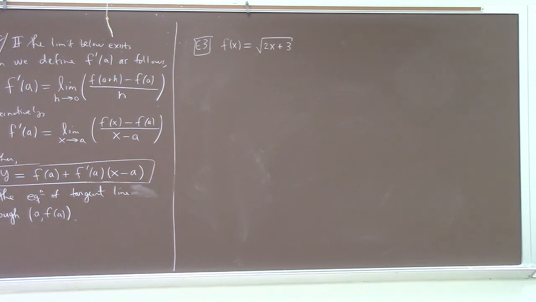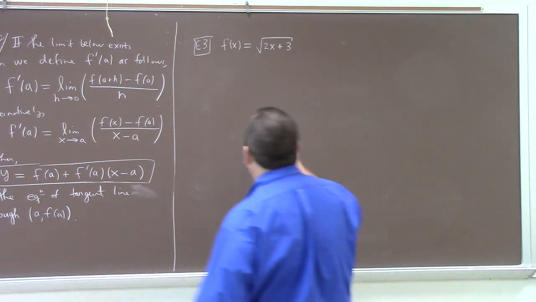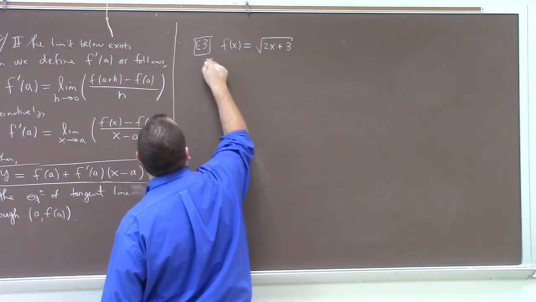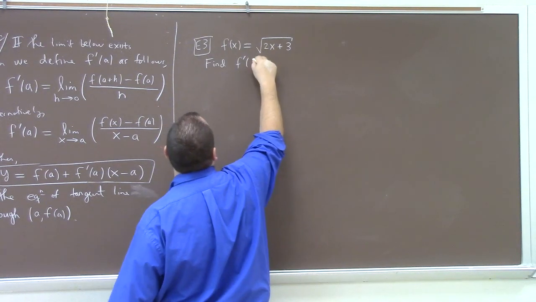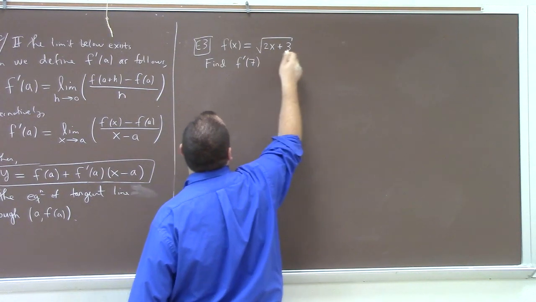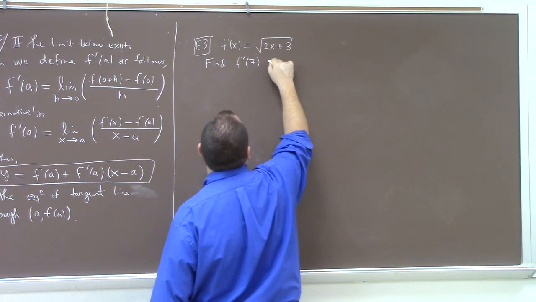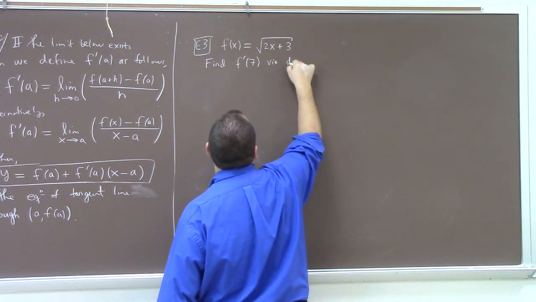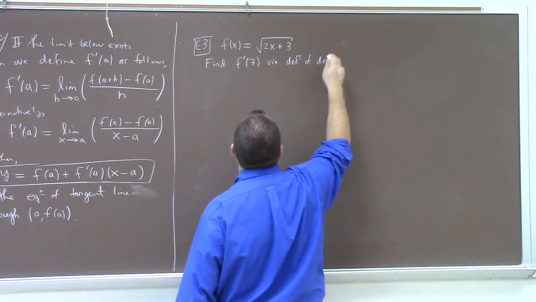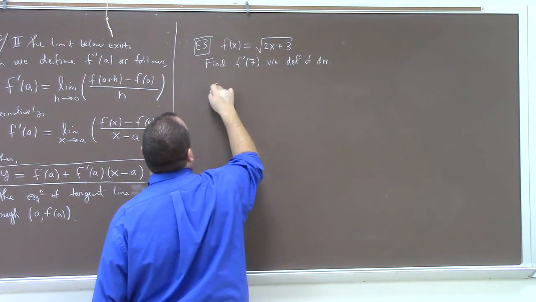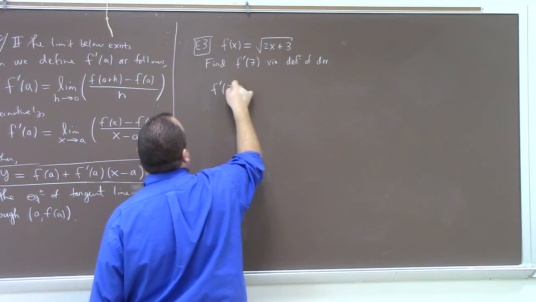So let's calculate f prime. Let's make a specific number this time. Find f prime of, let's say, 7 via the definition of derivative. All right, so here we go. f prime of 7